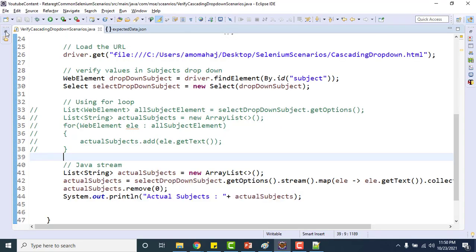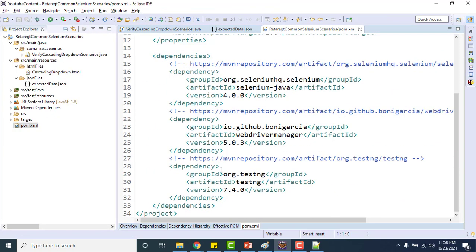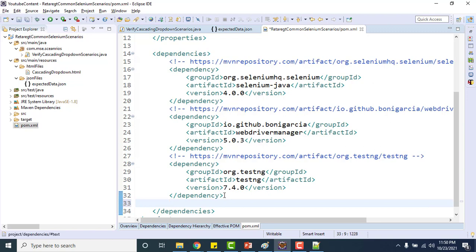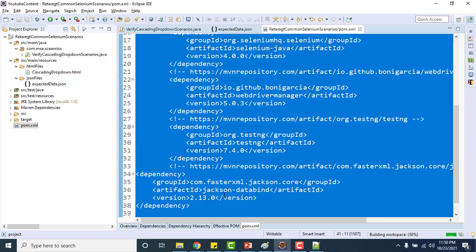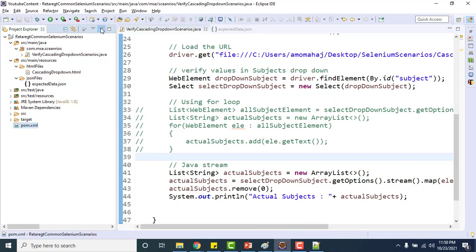What I need to do is go to pom.xml and put the dependency here. So why did I add the Jackson databind dependency here? Because I want to read the JSON, right? Okay, so we are done.